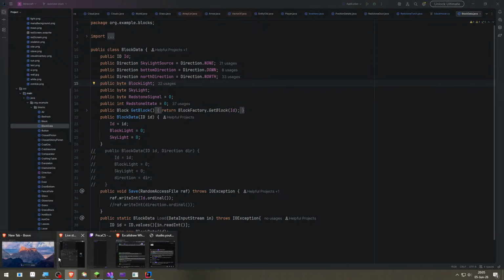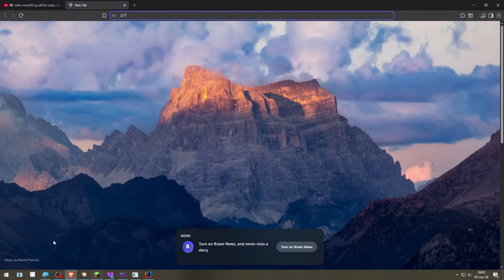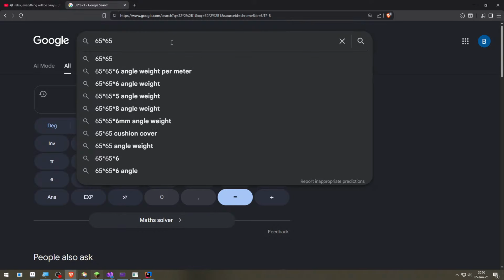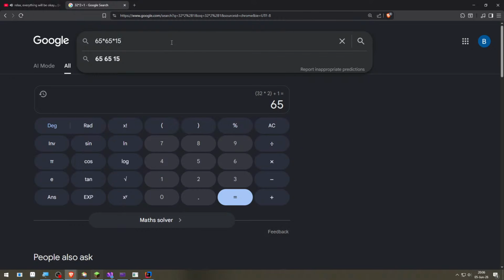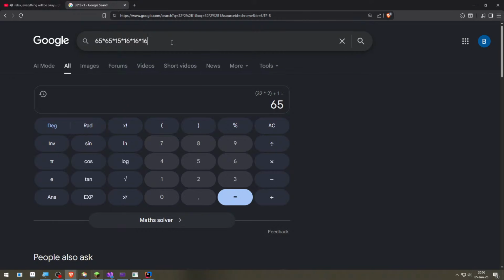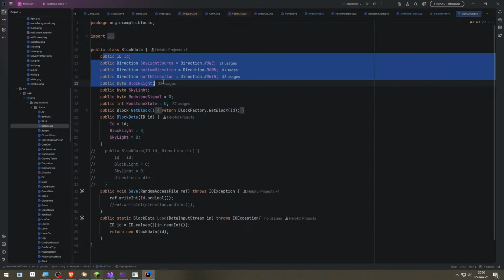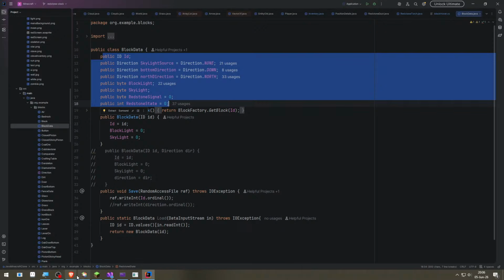Because if you have like 32 render distance, that's 65 chunks across, and these are the chunks. And how many blocks is this? Let's say 15 on the height, and each one of them 16 by 16 by 16. We have so many blocks. How much is this? Like 200 million blocks. If 200 million blocks have to store redstone signal and redstone state, and most of them